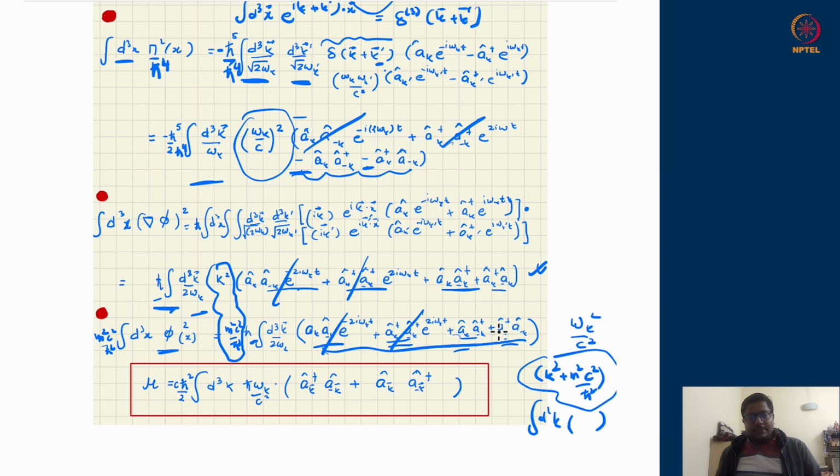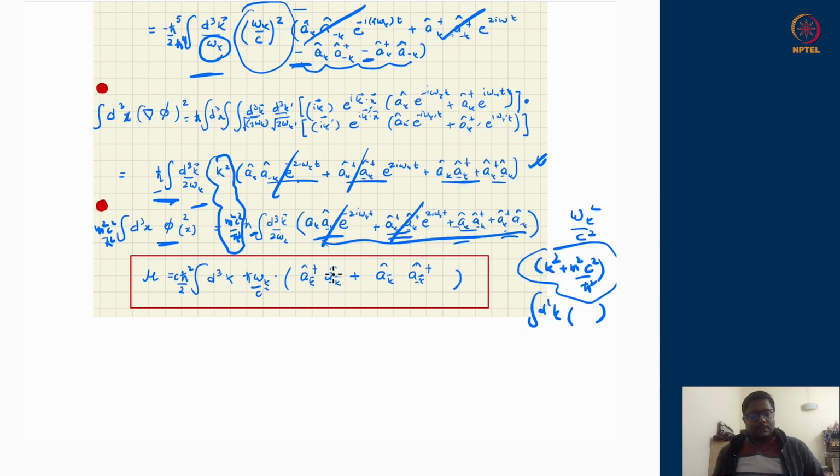So you will get twice of omega k square upon c square, but there is a 1 over omega k outside as well. So ultimately you will get omega k here and not omega k square upon c square. So omega k upon c square. So only these terms will survive. So you see, now the whole algebra, using the ladder operators, has given me a neat structure of Hamiltonian,